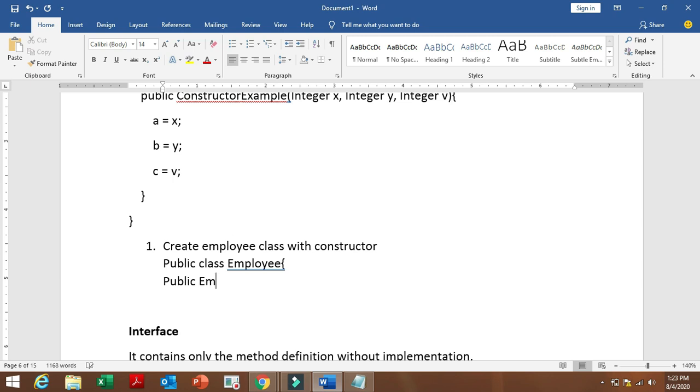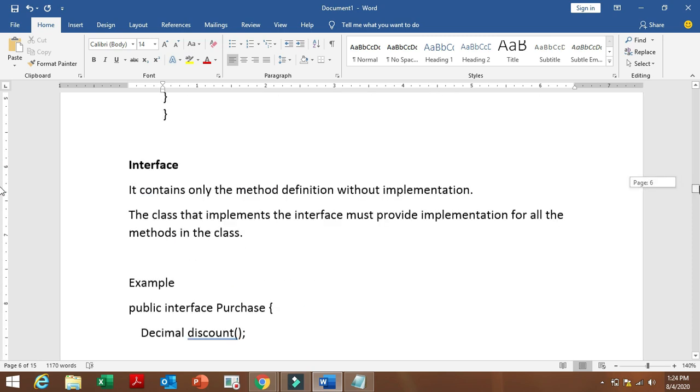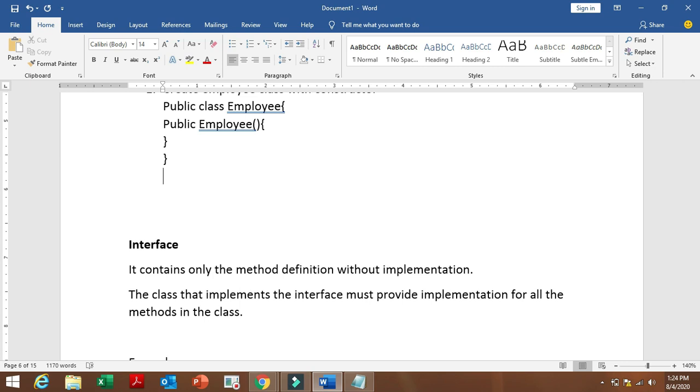Here the constructor method name is the same as the class name, and we have to include the brackets. Like this, the constructor class is created. Let's see another example for constructor.